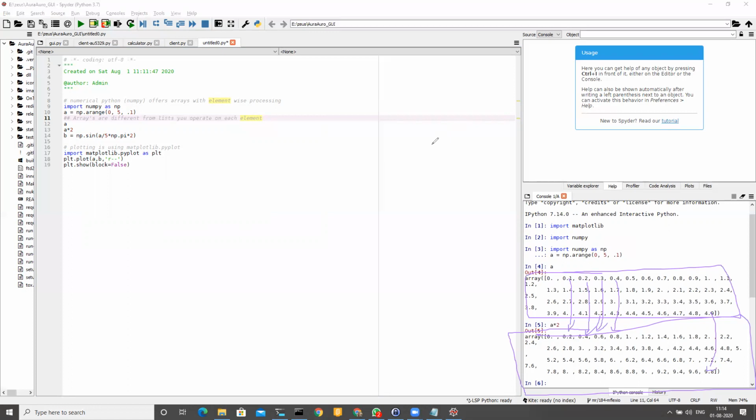So what is the advantage of using this? One advantage of using arrays is now I can write functions on top of it. So in this case, I have basically done a sine wave. When I do a sine wave, it becomes a sine wave of that array, which was the x-axis. So that's kind of pretty neat and powerful, right? So that's what we are doing here. And so I'm getting a sine wave. Now let's see what we are doing with the sine wave. I have a, I have divided it by 5, and I multiplied it by 2 pi.